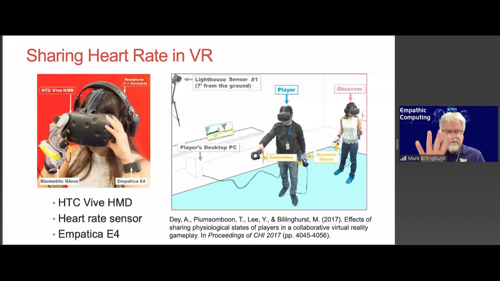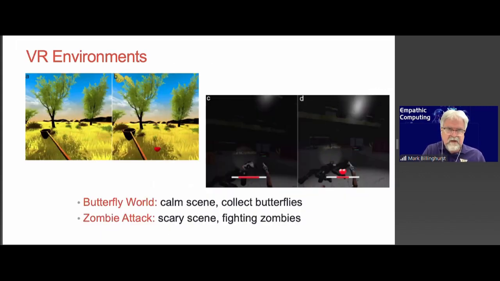So we built this VR system where you could be playing a game, and while you're playing the game, we would measure your heart rate using a special biometric glove, and we would stream that to somebody else who was the observer. And the observer was placed inside your virtual body, so they felt like they were in the same location as you, but they could hear and feel your heart rate. And so the theory was that that would create an enhanced connection with the person who is streaming that view. And we built 2 different types of games: a butterfly world that's very calm, and a zombie world where you're in a dark room